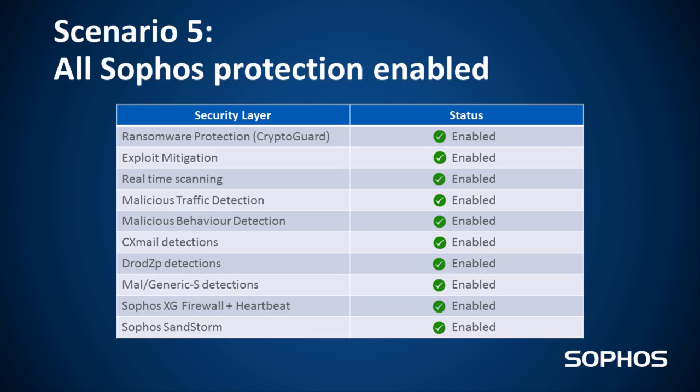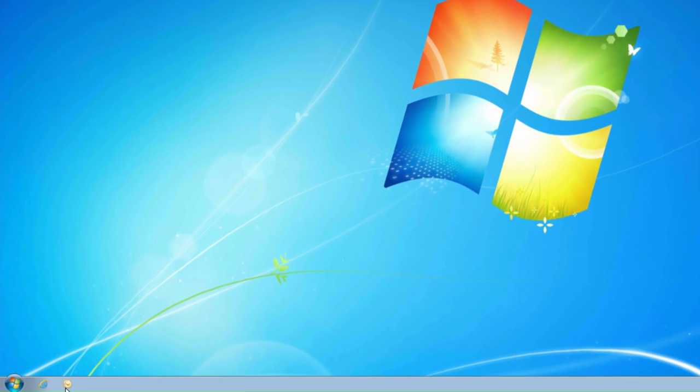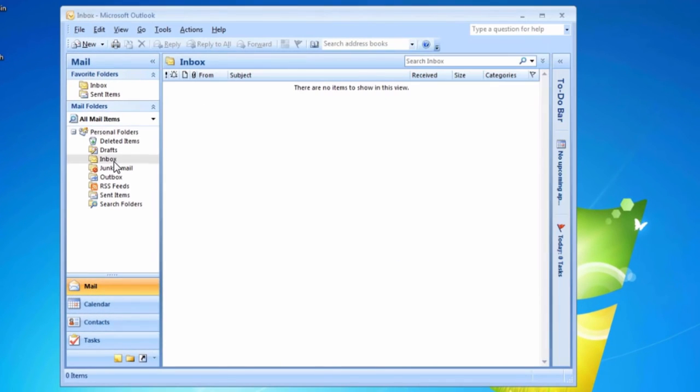We have also included Sophos Sandstorm, which will run any potential threats in a sandbox environment and block them before they access your network. This time we open the user's email and, oh, they don't have the email this time. And that is because it was blocked long before it even reaches the user's inbox, completely protecting them from this